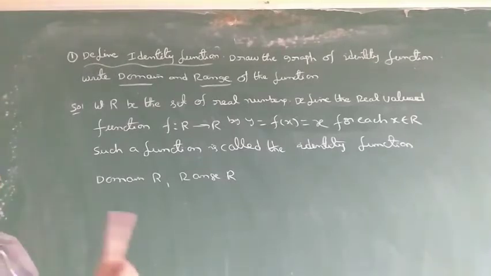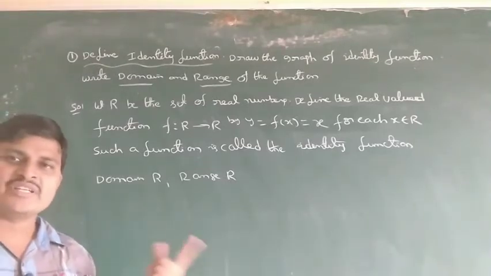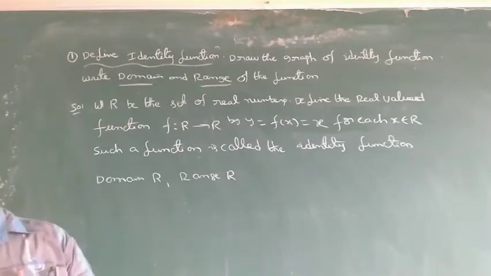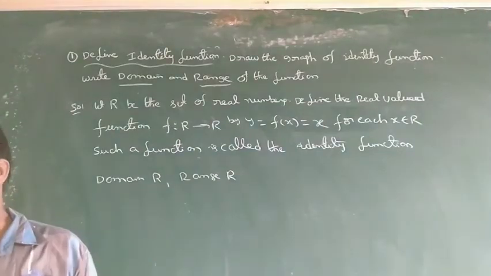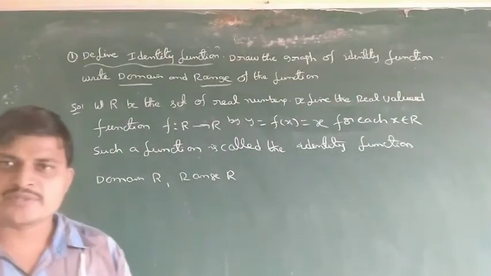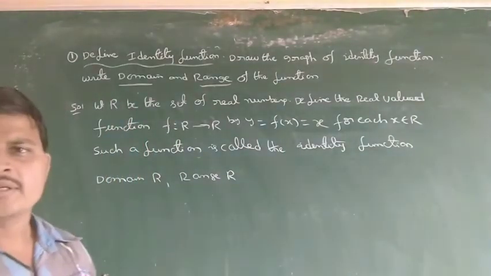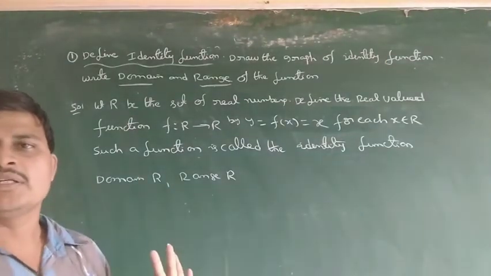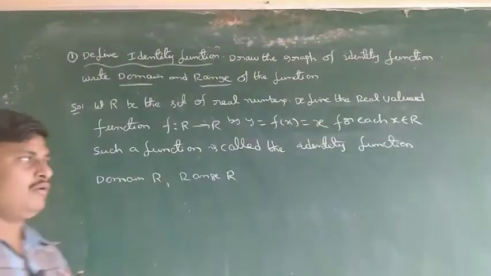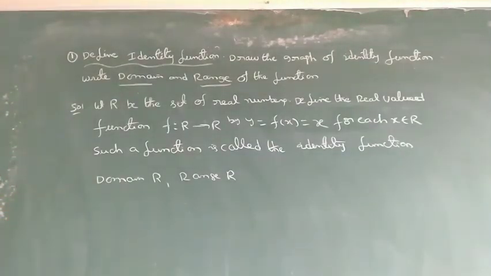Subset of R means 1 is a subset of R, minus 1 is a subset of R, numbers 1 to 10 are a subset of R, 1 to 100 is a subset of R, all negative numbers are a subset of R, all positive numbers are a subset of R. So a subset can be a single element, double element, triple element, or all of it. Okay, 3 marks, then the graph.